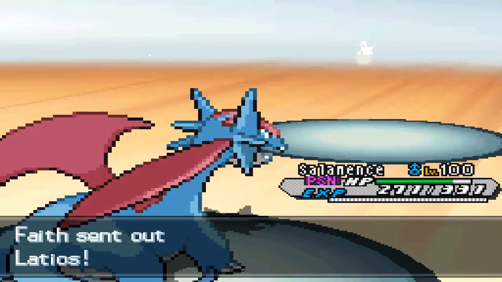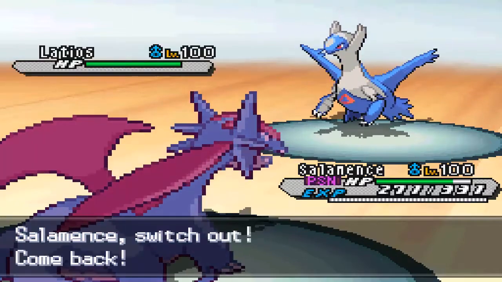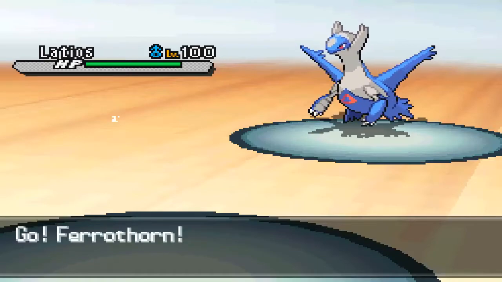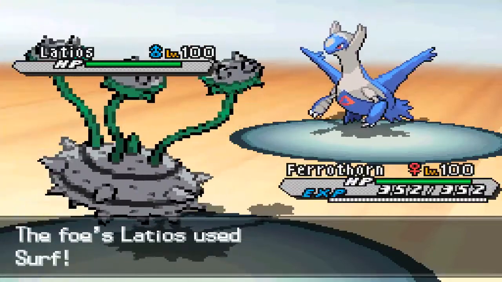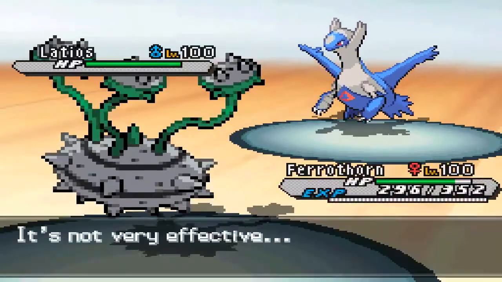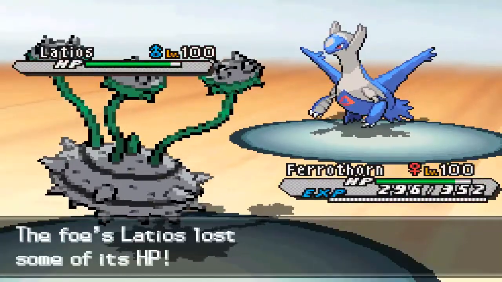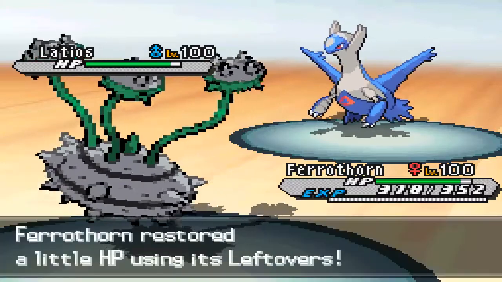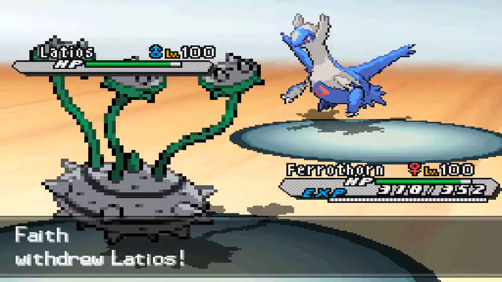But the thing is, since it's Scarfed, I can still use this Salamence, as I can just go for Outrage when it comes back onto anything as a late game sweep. So I know I had to preserve the Salamence, especially due to him having two Dragon types. So I switch my Ferrothorn in onto his Latios,